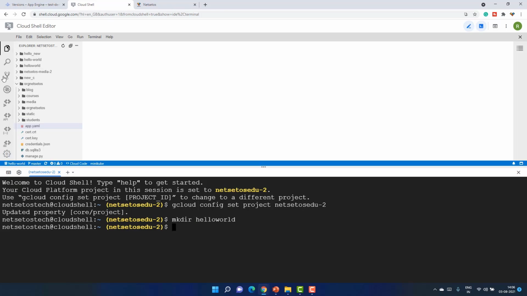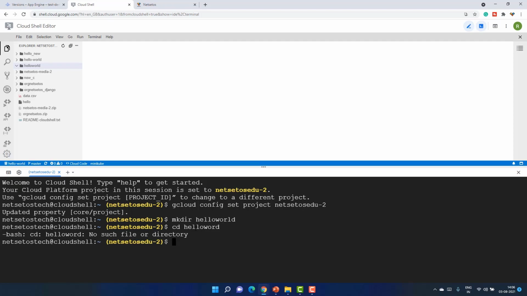So as you can see, I will get a folder Hello World here, and then I will go inside this Hello World folder. There are many different types of Hello Worlds here, but mine is without any hyphen or without any spaces. If you list this directory, there are no files here, as we have just created it.